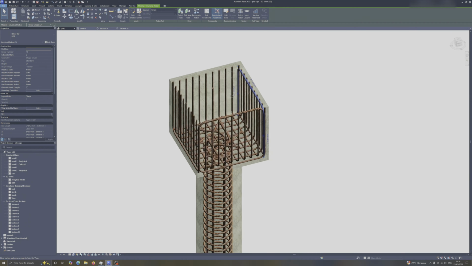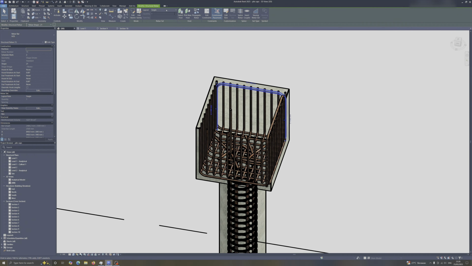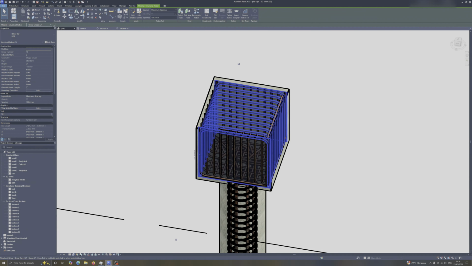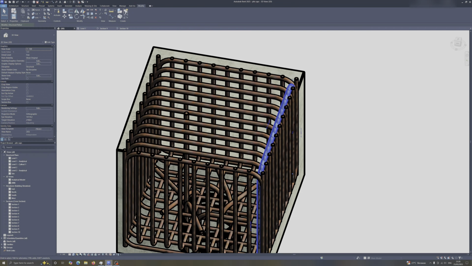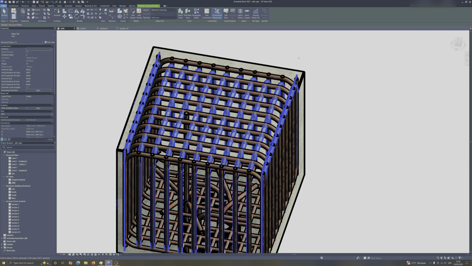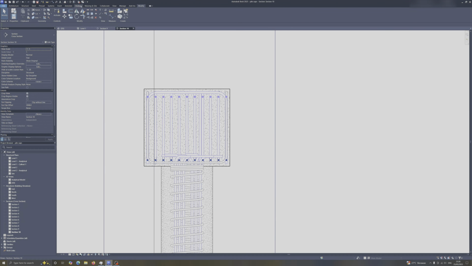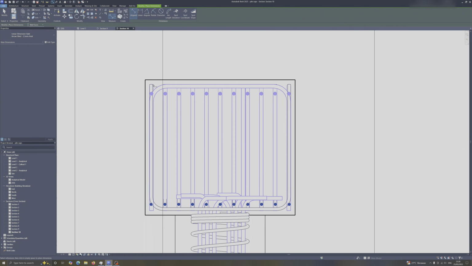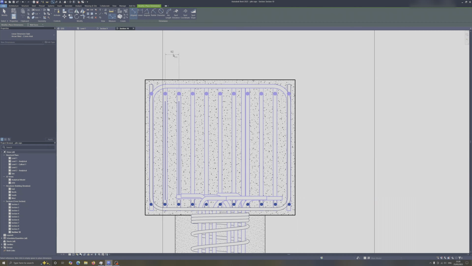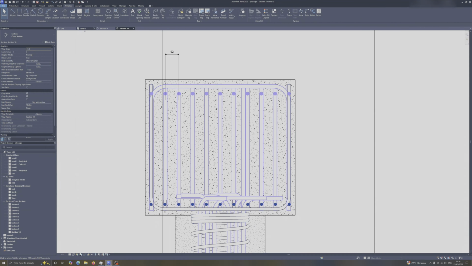So let's do maximum spacing here as well to speed things up. Maximum spacing, and proceed to the section views. Click on annotate, and you can dimension from rebar centers over here, for example. Oh, and we forgot the